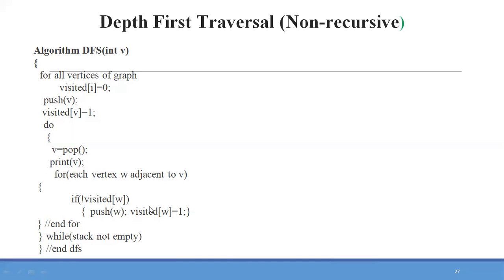Now, next step, we have to look for the vertices which are adjacent to vertex V. So for the vertex W, for example, which is adjacent to V, we need to check if that vertex is not yet visited, then we will add that into the stack. And as we add that into the stack, we need to visit it, and that's why its respective entry in the visited array will now be replaced with value 1. So 1 indicates that that particular node is visited, and 0 indicates that that particular node is still unvisited. And we will repeat this step until all the adjacent nodes are visited.